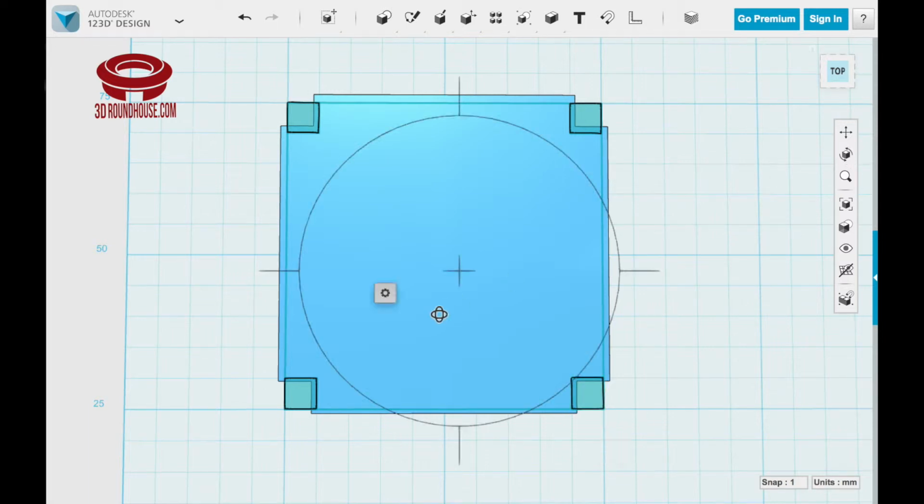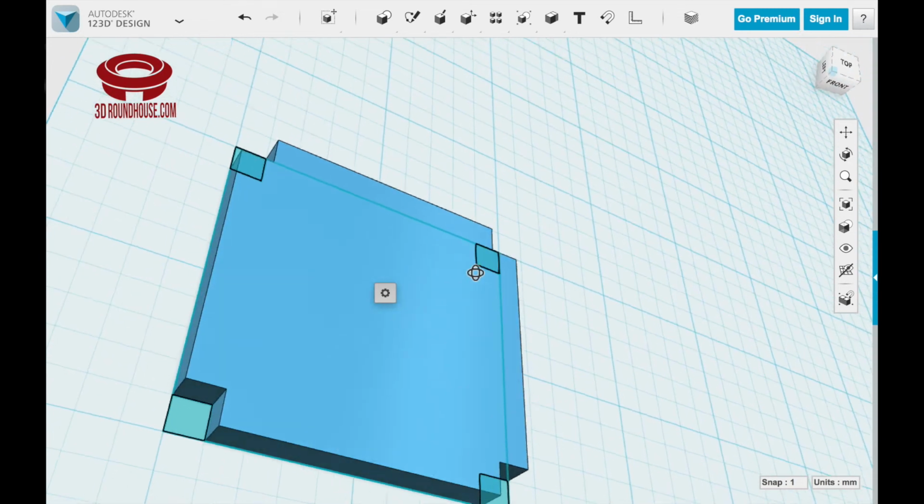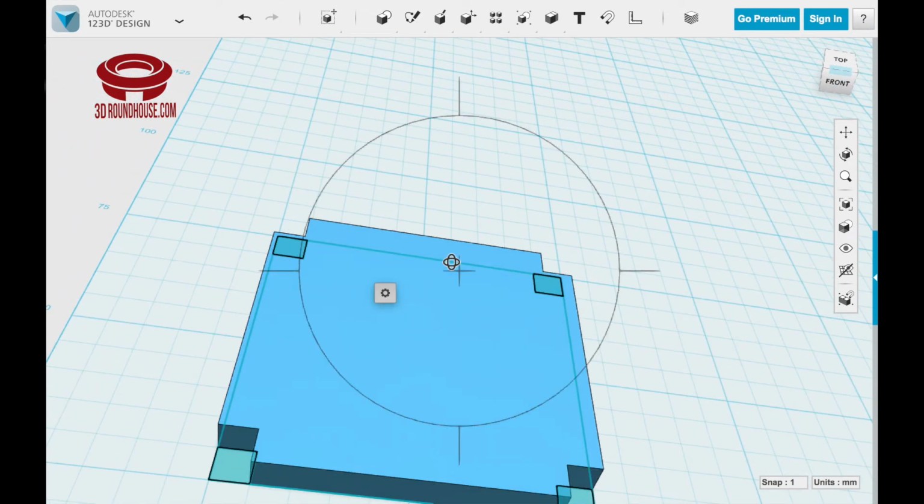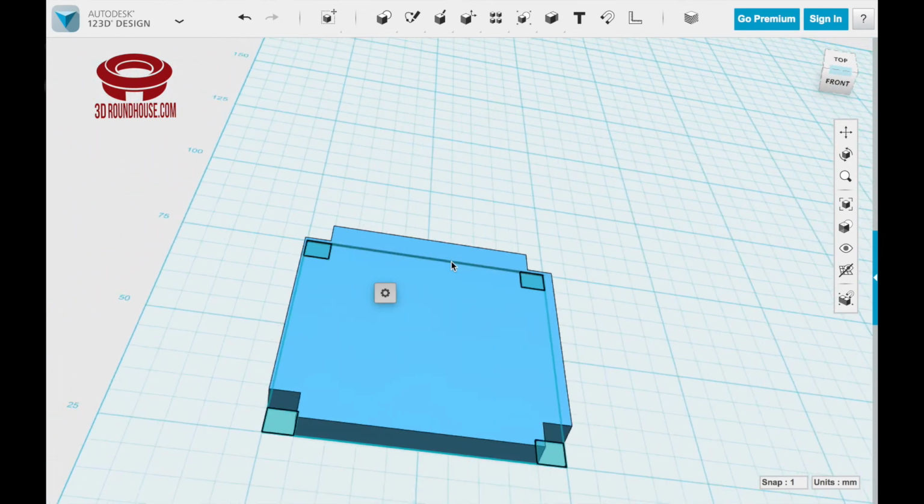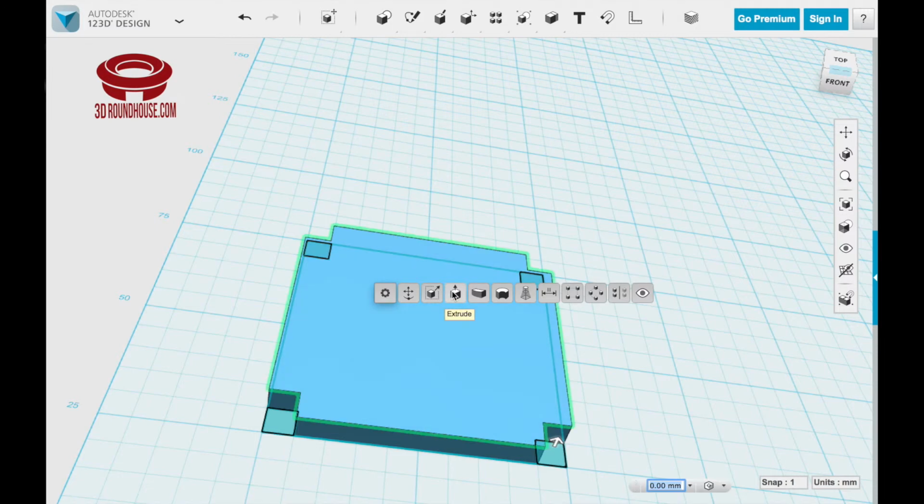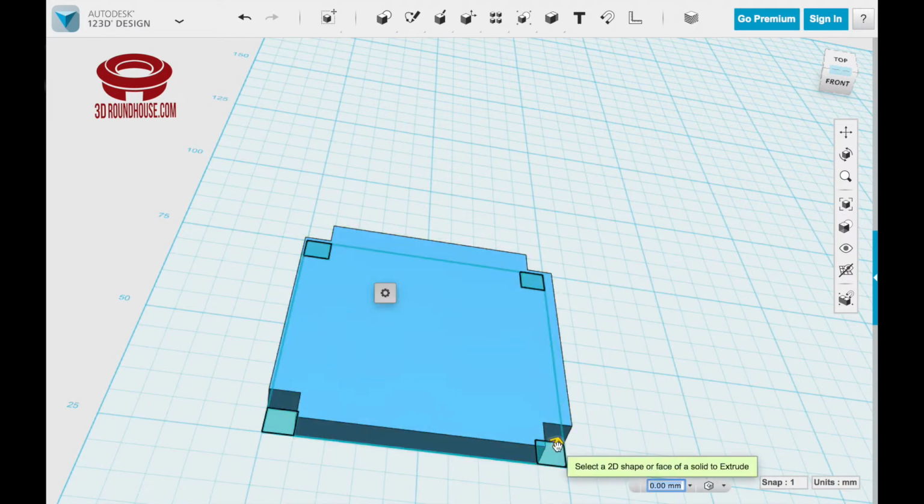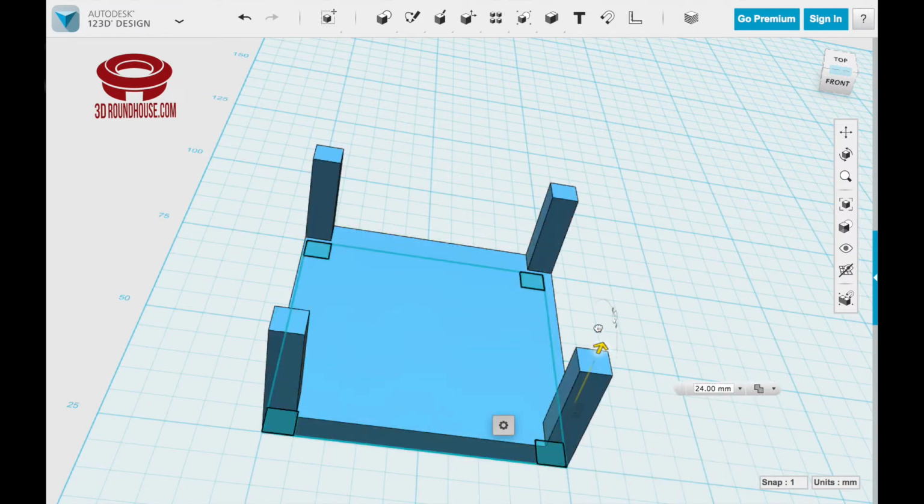I orbit back to an angle, zoom out a little bit. Now this gives me a shortcut for the extrude tool. So I click extrude and it gives me this arrow. I pull the arrow up and let's just put it at 25 millimeters. And you see all 4 legs go up by 25 millimeters. I hit enter